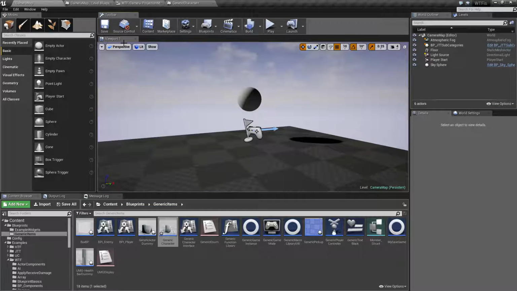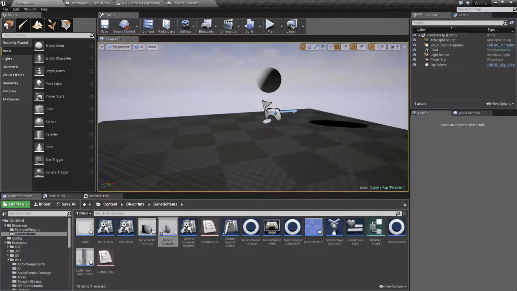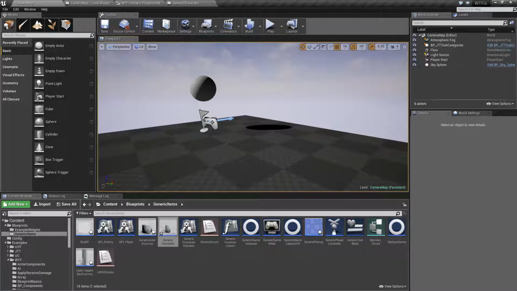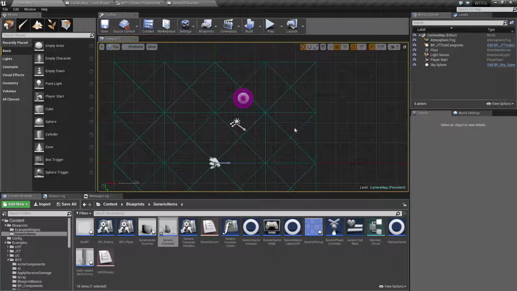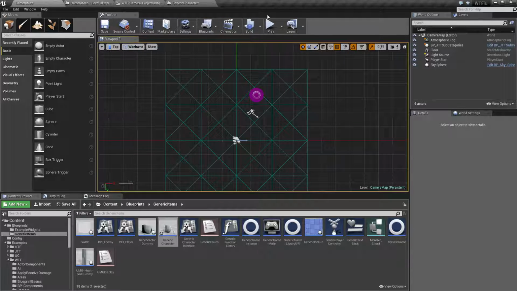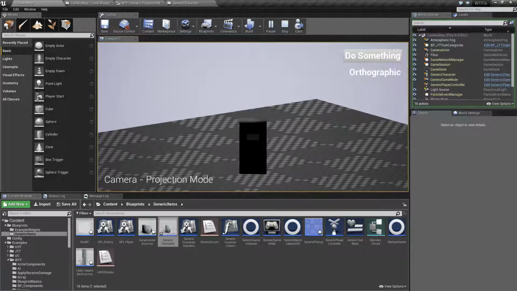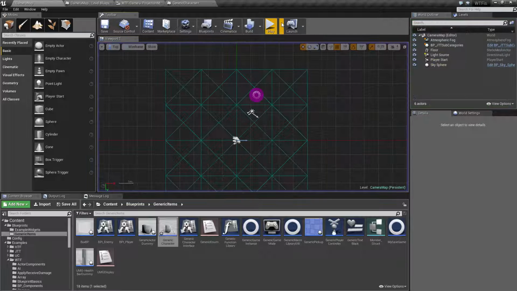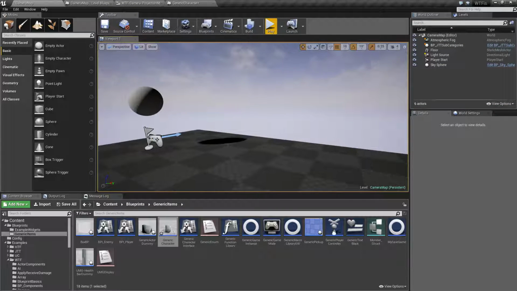Now, perspective and orthographic are the two primary views, projection modes. Perspective is where we have depth. Everything looks like it would in the real world. Orthographic is where everything is flat. That's why when I'm in this top-down 2D view, you're not seeing any real depth, and why when I play this, it looks like everything is basically flat. Orthographic's traditionally for things like a 2D game, where you don't really need the depth.